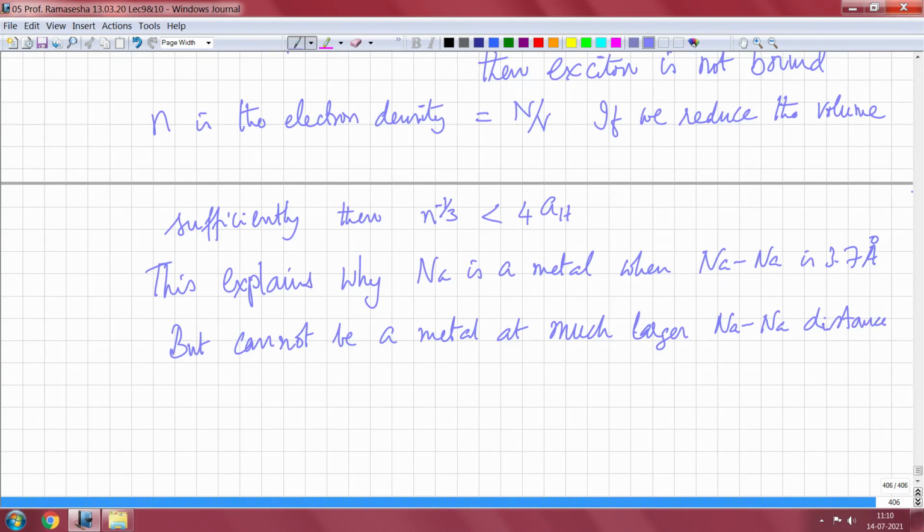There U, which was the electron repulsion, was necessary to make sure that at r tending to infinity the binding energy goes to 0, because you wanted to make sure that the ionic contributions become weaker. And in the case of sodium, you want the ionic contributions to be large enough in number, or U to be small enough, or U is screened very well. It requires a dense electron gas, which means that if you apply pressure, the density of the electron gas will increase, and so the screening length will reduce, and so the exciton cannot be bound.